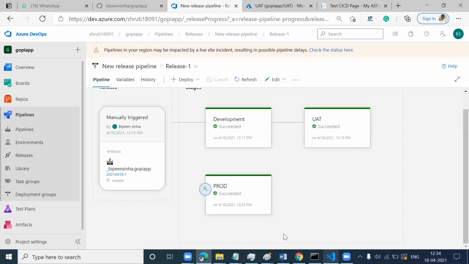Because the UAT team, we do not need there. Testing team, we do not need there, because it deploys the app in UAT and tests automatically, right? We do not need anyone's presence. We only need the presence of my production team.